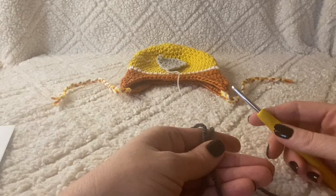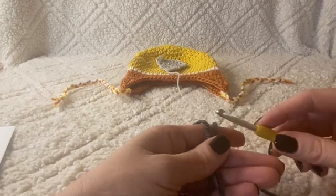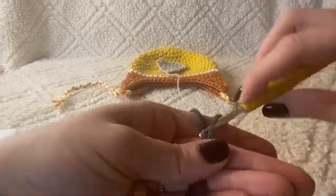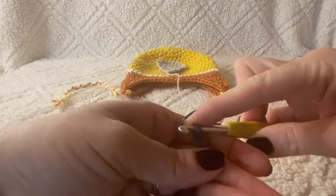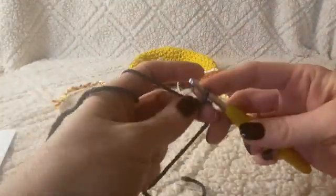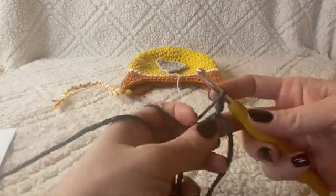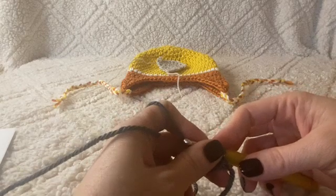Sorry guys, I'm just finding where I am in this pattern. Using darker gray, magic ring, chain 2. So we're going to do our magic ring. And we're going to chain 2. 1, 2. Okay, now